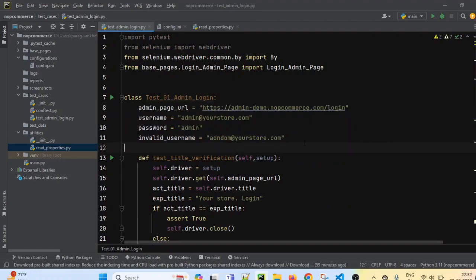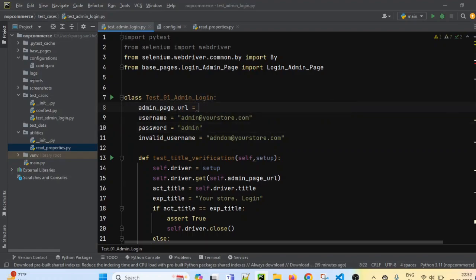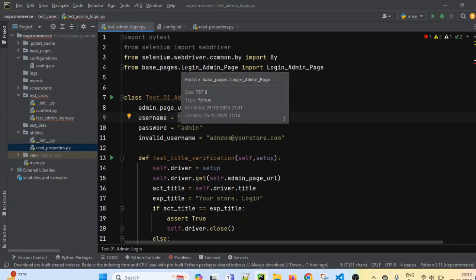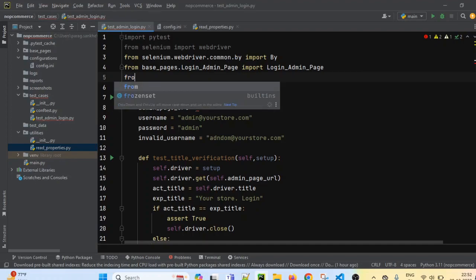Now what we will do is remove the hard-coded values. We don't need these hard-coded values now. We will read this data by using the readConfig class methods, right? But before that, we have to import the readConfig class. So in which file is the readConfig class present? That is present in the readProperties.py file, and this is present in the utilities package. So we have to import from